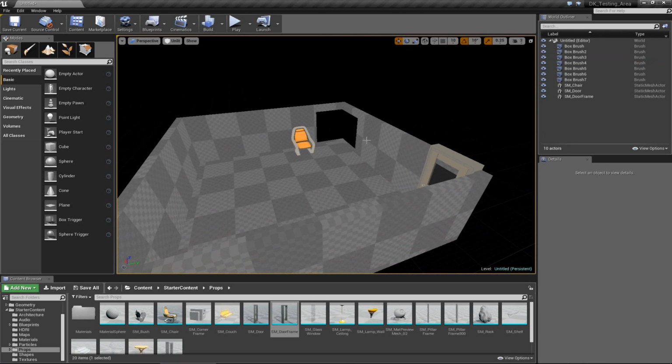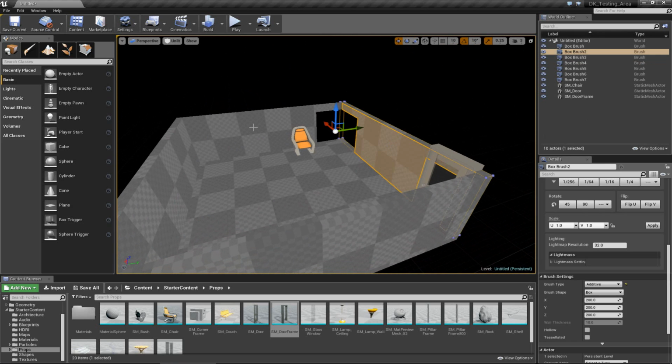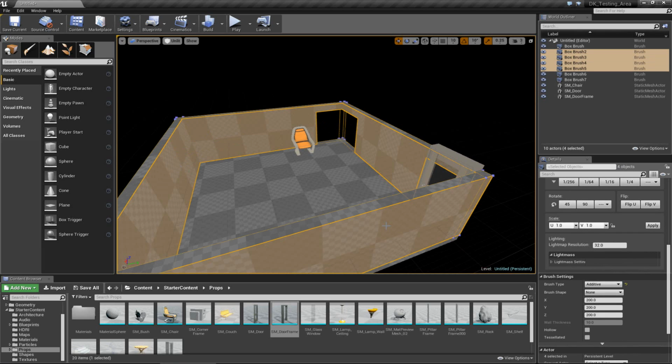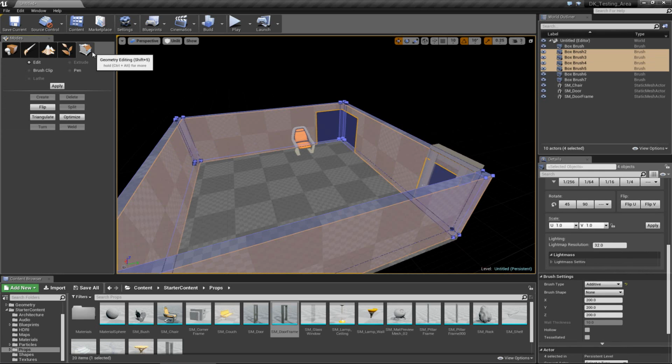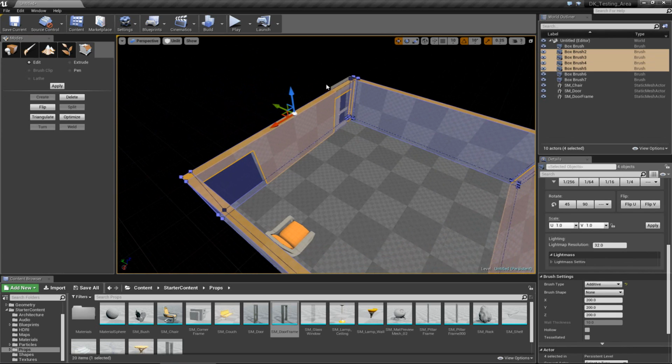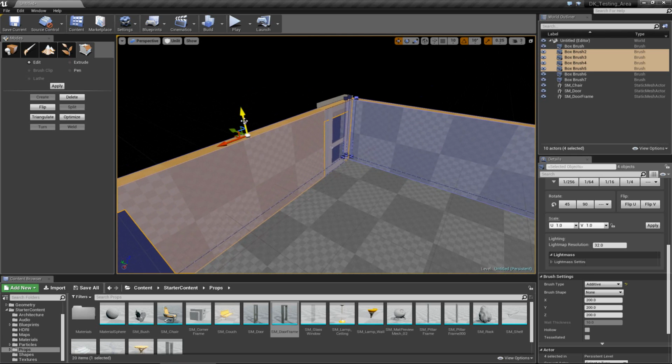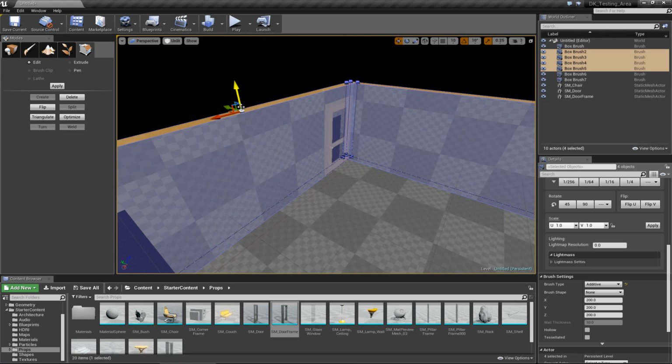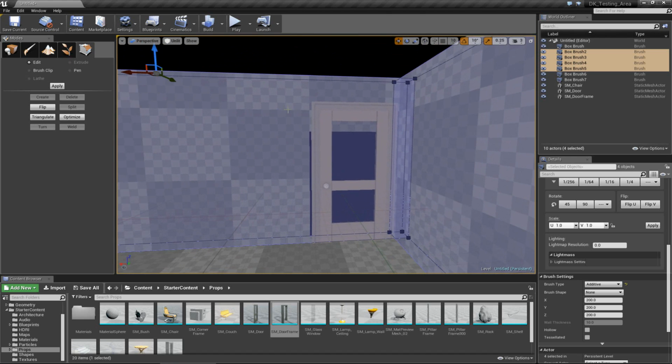The way to do it would be to select all of these individual walls. So hold on Control, select these walls, and now go into the geometry. And again, select that edge, hold on Control, select all of these. And now the thing here is that you want to select the wall on the side with the door last, because the last face that you select is going to be the face that you're going to have the gizmo in which you can move around. So there we go. So let's put it to about so, and we get more or less the right height